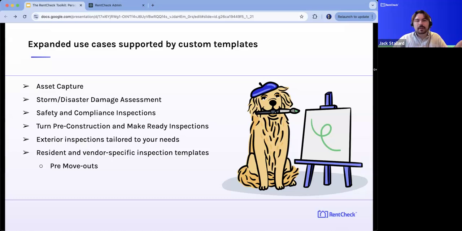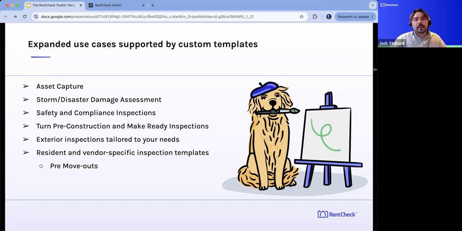Additionally, turn. There are lots of different ways to work with a turn, such as a pre-construction inspection before any updates or upgrades are done on the unit. And we also identified make-ready inspection. So we use a turn to make sure that a unit is completely set up for a new resident after a move-out has occurred, and maybe your standard turnover inspection has already happened. A make-ready inspection could be a follow-up before a scheduled move-in or putting a unit back on the market to